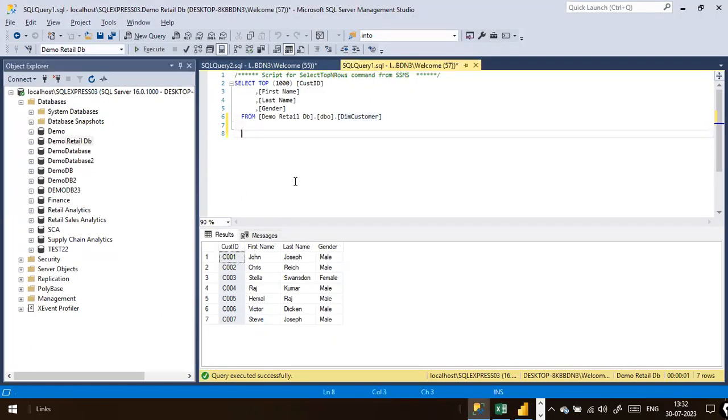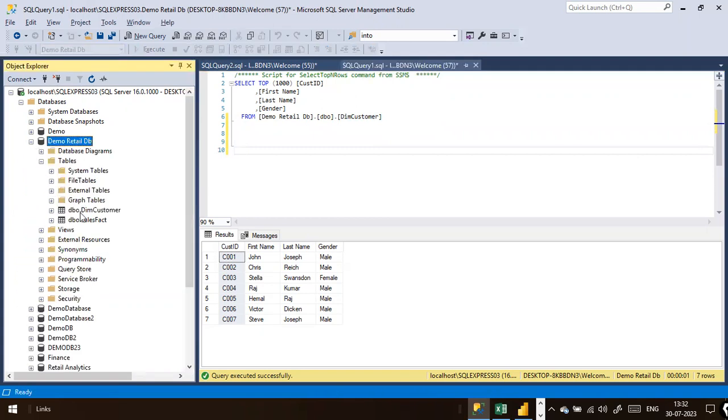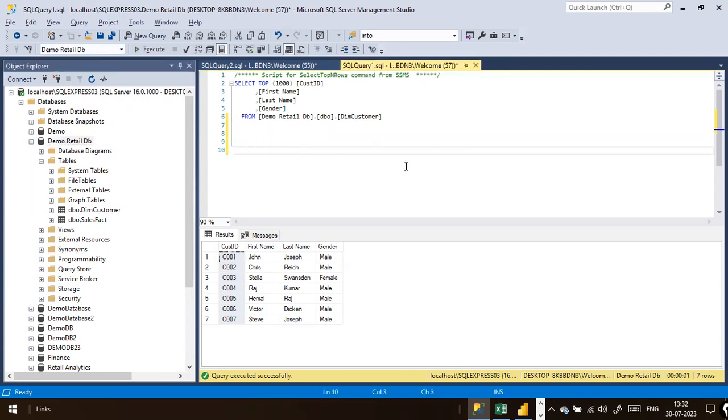I'll just write a simple SQL query here. I have two tables. Is there any way I can join these two tables? I don't need all the columns from both the tables. I need only specific columns from both the tables, but both the tables' columns should be available in a single query. Is that possible? Yes. Select